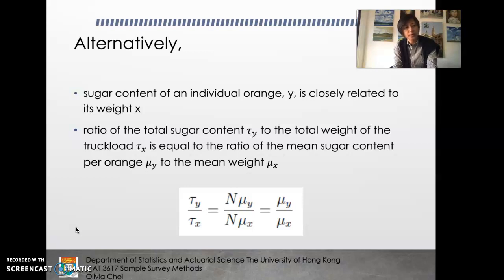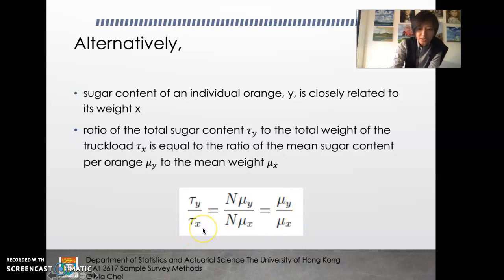Alternatively, we can make use of some other information that is available in the population or in the sample. For example, we know that the sugar content of the orange, yi, could be closely related to the weight, which is x. So if we have this additional information, we can use it to enhance our estimation of y. Looking at the ratio of the total sugar content tau y to the total weight of the truckload tau x, that equals the ratio of N times μy divided by N times μx, cancelling the capital N,